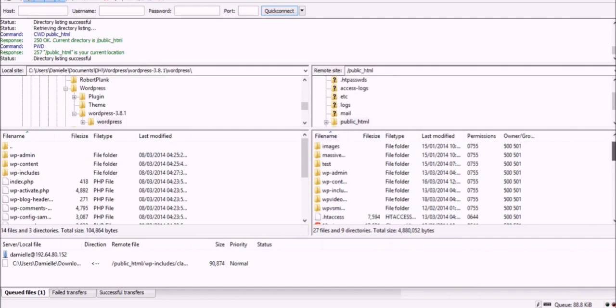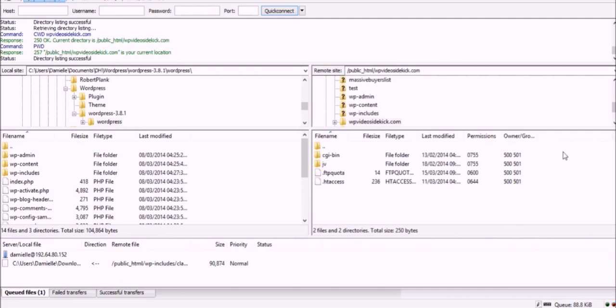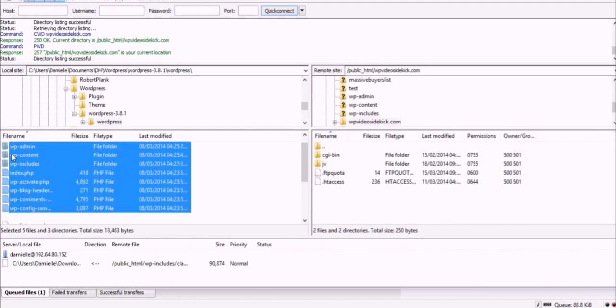Well, like I said, in my case, I am uploading the files to an add-on domain, so I select wpvideosidekick.com, and now I'm in the root of that domain. So what we want to do is just select all these files,